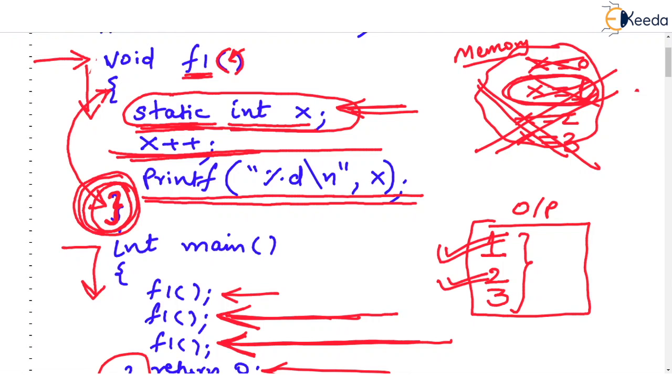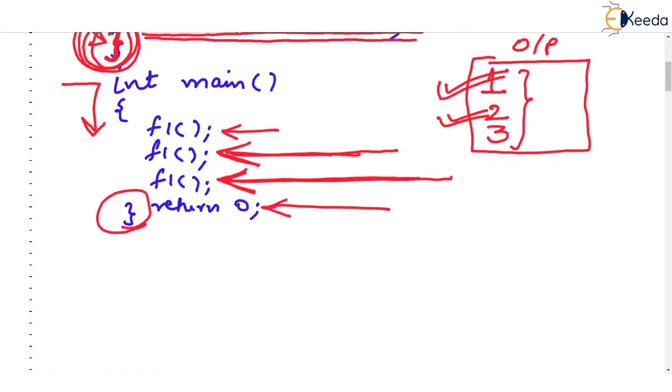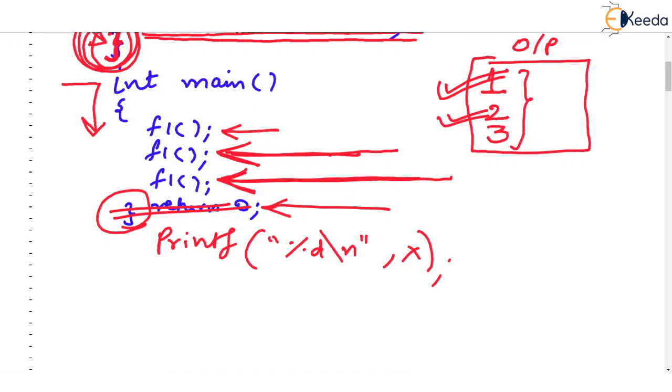So one attempt some student might make here is, they might say, okay, anyway, x is not dying, so let me try in main to print the value of x here, because I know even if the function was over, x was not destroyed. So I'll try to print x, hoping that this will print the latest value of x. But listen, this line inside main is going to give an error.